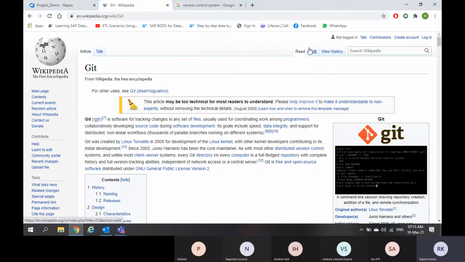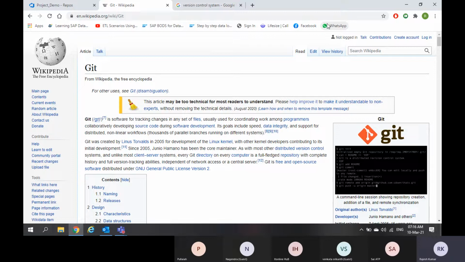Why? Because Google Chrome is not open source. It is controlled by Google. You might ask me, but with Google Chrome everybody is downloading and using it, why is it not open source? Open source means the source code of the software is openly available to you.